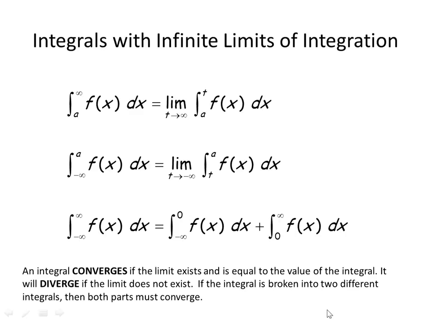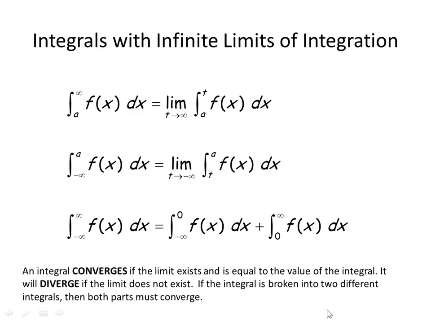Okay? All of this in Cal 1. So what are you going to do? Either one of these, it doesn't matter. When you see infinity as your boundary, what you're going to do is apply the limit as t goes to whichever infinity you have, positive or negative, and then you're going to replace your infinity in your original integral with t. And then you're going to do the actual antiderivative, plug your boundaries into your antiderivative,